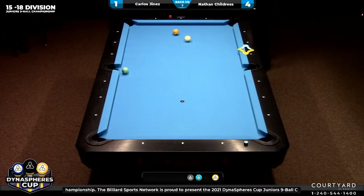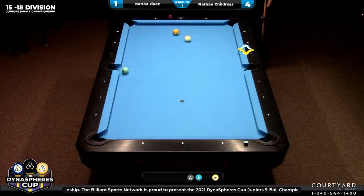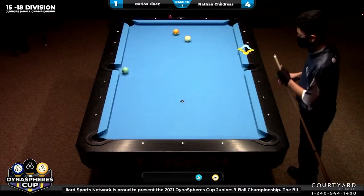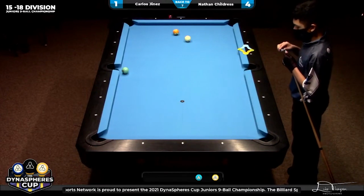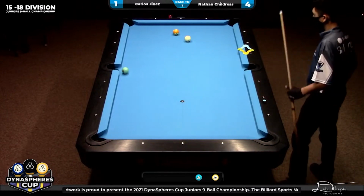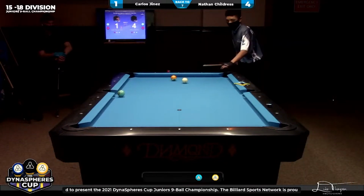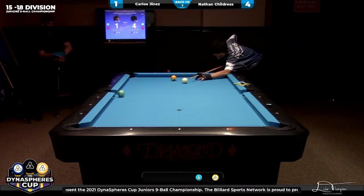Actually, I love this shot here. He's going to roll right up for the 9. Yeah, this is Jake's favorite, off the bottom rail. This is actually one of my favorite shots. So, you liked it. I know how you liked it. You just remembered it now. Yeah. So we actually were, I was showing you guys this shot at one of the events that we were at before. He may be able to nip this in and not use...